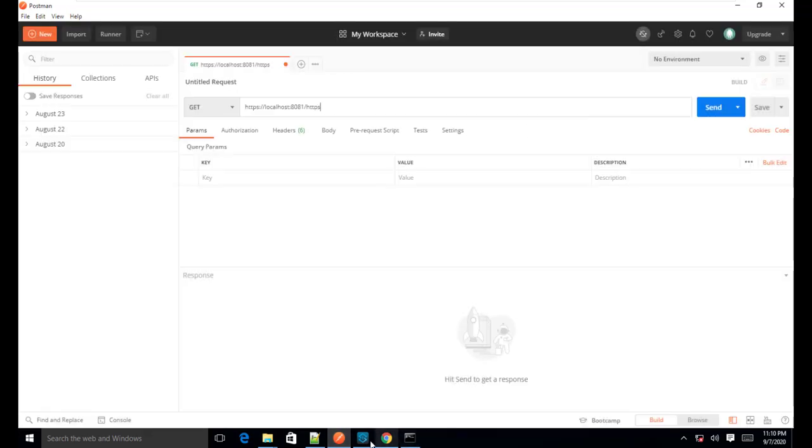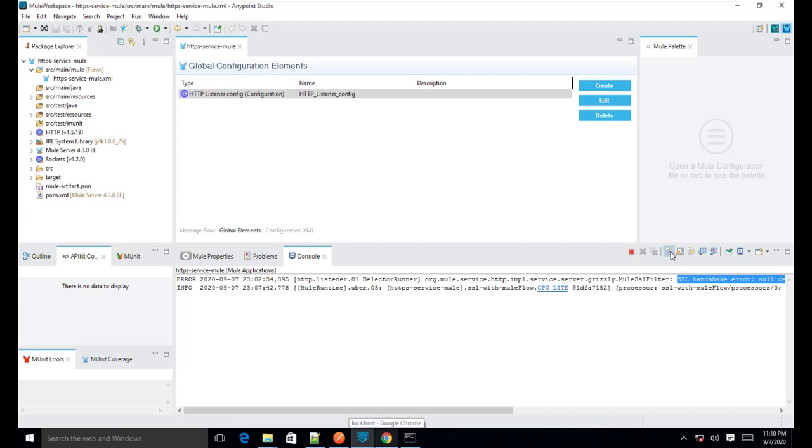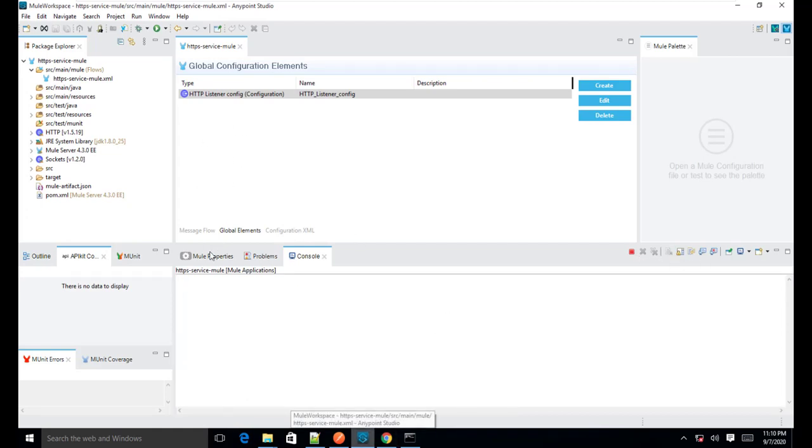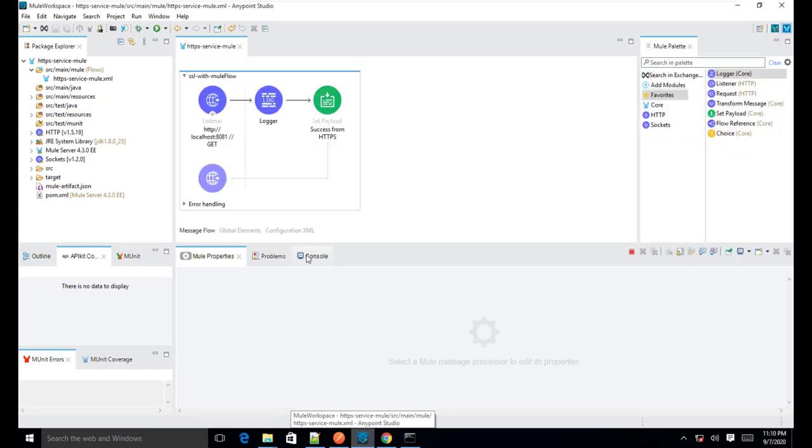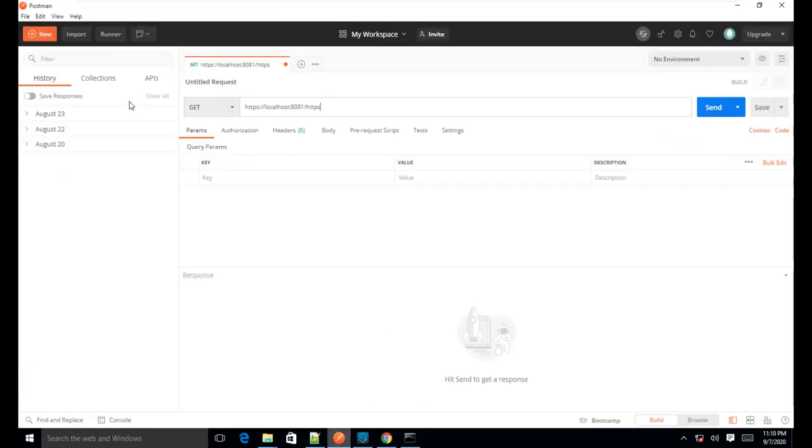Now let's clear the logs. This time we are using two-way SSL, right? So from the Postman side, the certificate of the client would be presented to the server, and from the server side, the certificate would be presented to our client, that is Postman.